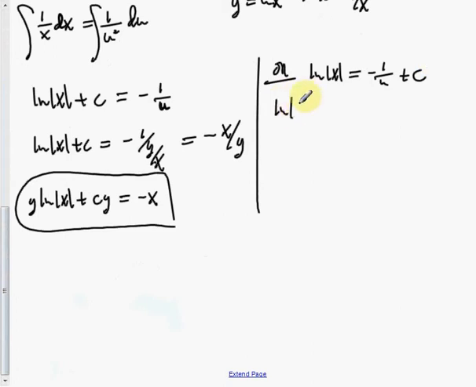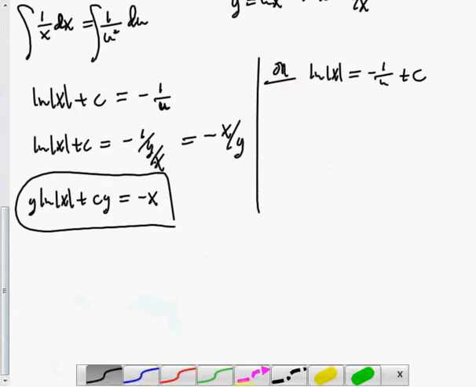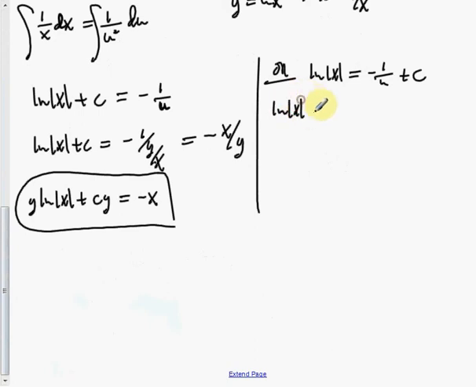This is the natural log of the absolute value of x is equal to negative x over y plus c, and you can write that as negative x plus cy all